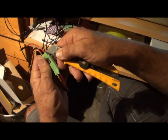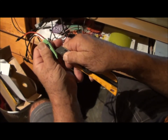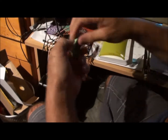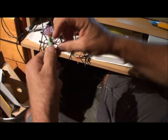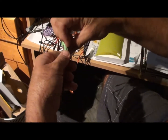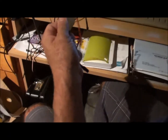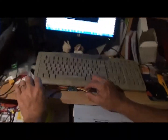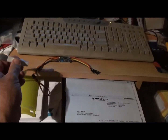Alright, so here's what you do. You get a sharp knife and you very carefully cut along, cut the cover off, peel it back, and you find which way the chip is, and there's a little dot on there. Put it there, match the dot,